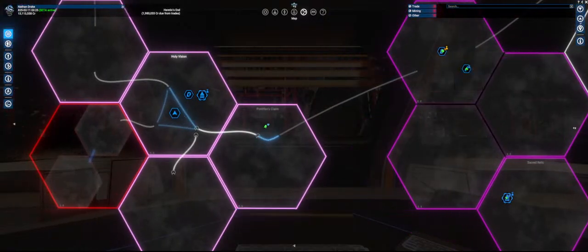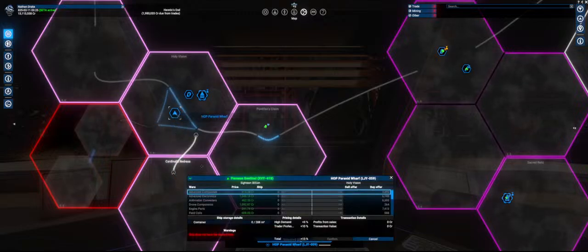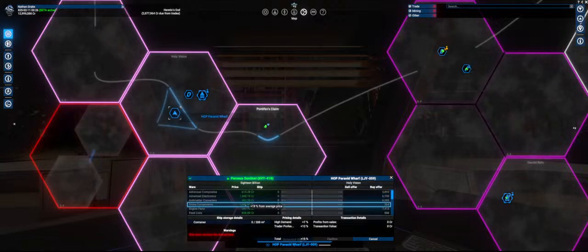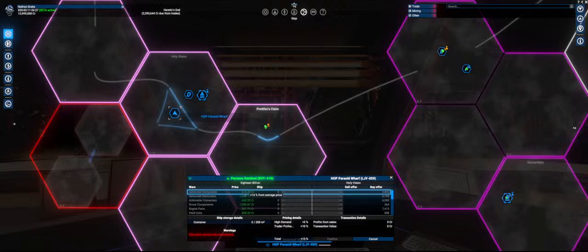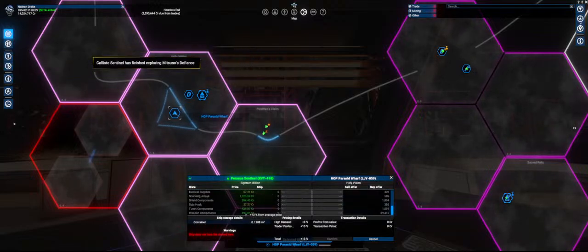So the next step is going to be probably missile components, but let's just go about the process of deciding why. So I'm gonna look at the potential clients that are around me. So these guys are paying a lot for just a little bit of everything. But the next thing might be actually